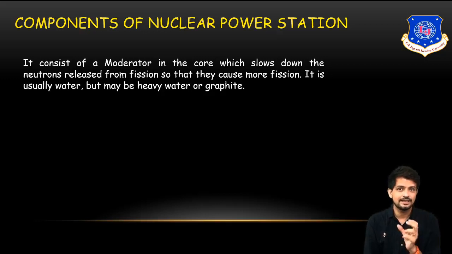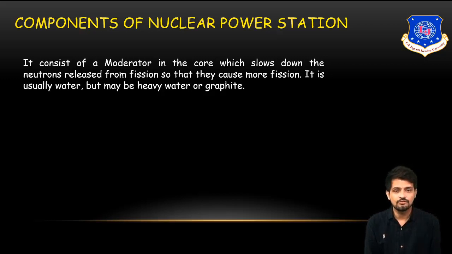Because as we know, in nuclear fission what is happening? In each and every nuclear fission process, 3 neutrons are generated. So if these neutrons again bombard with uranium, then what will happen? They will again create 3 more neutrons. So continuously this process is repeated. See, somehow we have to control the flow of neutrons. So to slow down the neutrons so that further bombardment is not happening, the moderator is used. So this is the basic function of the moderator.